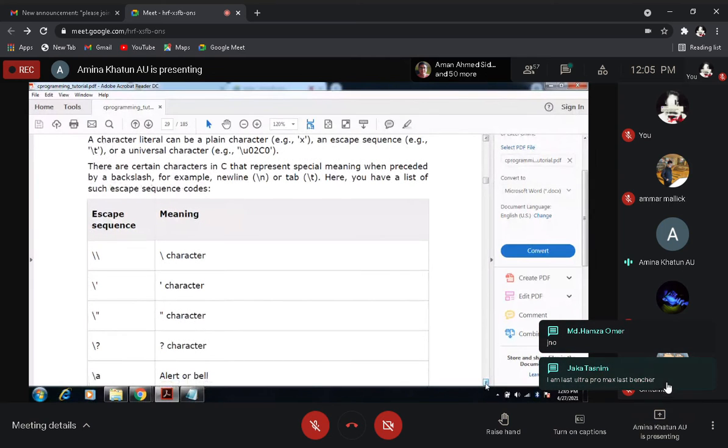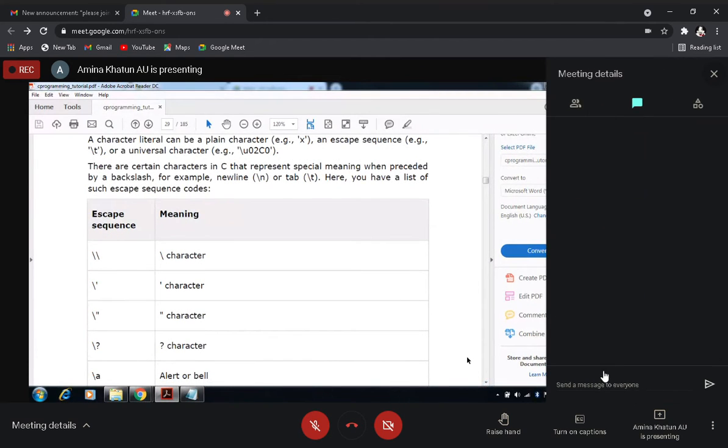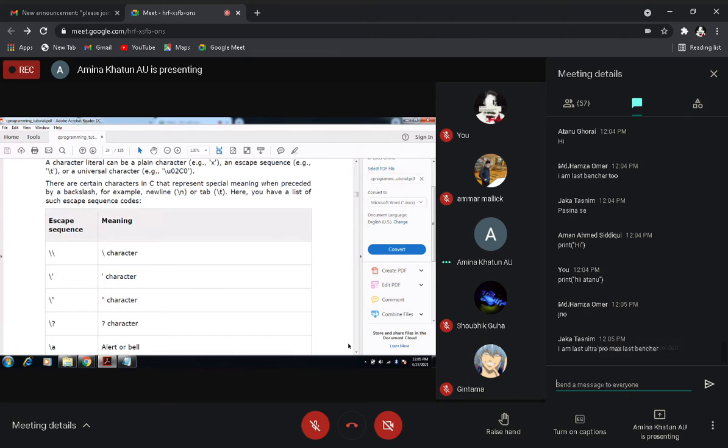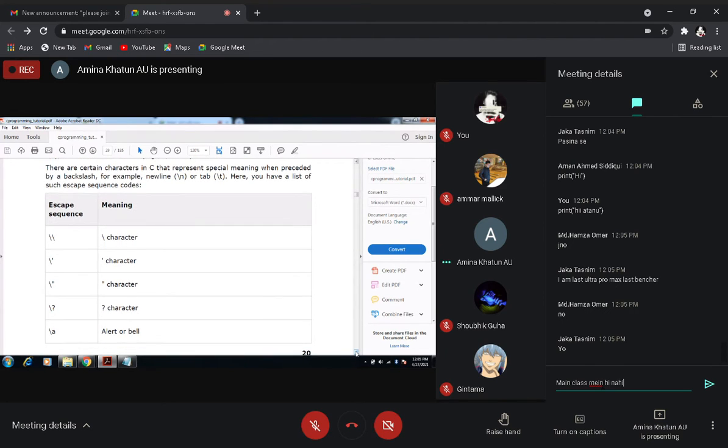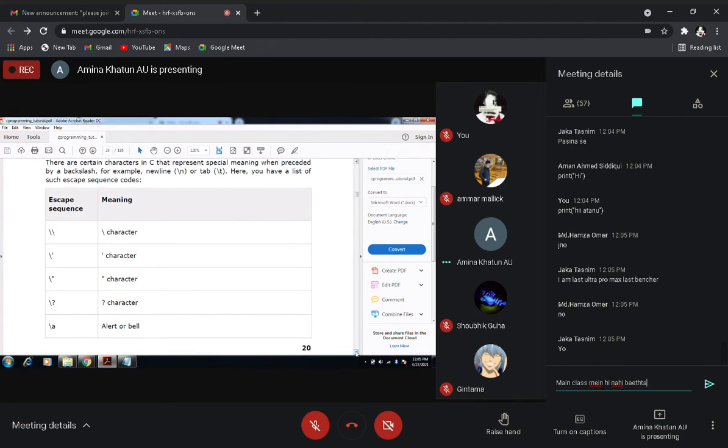There are some special characters in C which represent special meanings and start with a backslash. So \n is used for a new line, \t is used for a tab. These are some escape sequences used in the C language.